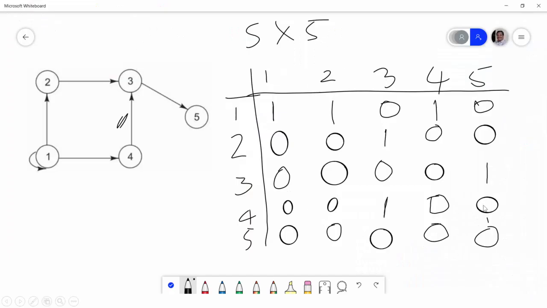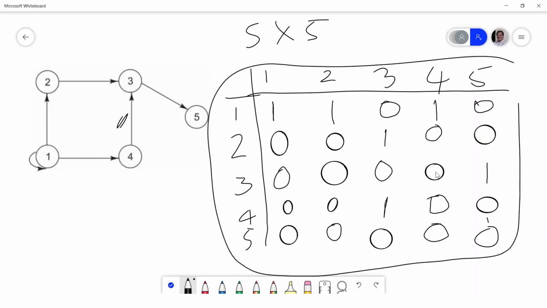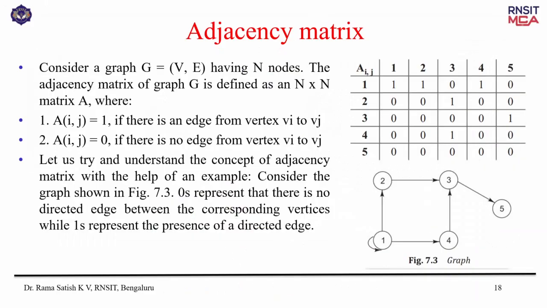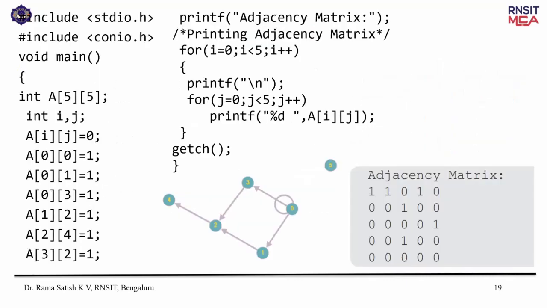Now, same thing. You got to know how we have written this adjacency matrix. So, the same adjacency matrix is represented like this. And we have the program also. We can write the program also. You can write #include <stdio.h>, #include <conio.h>, and